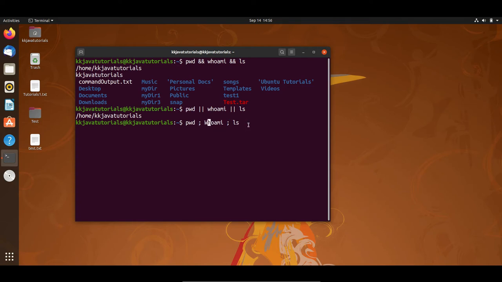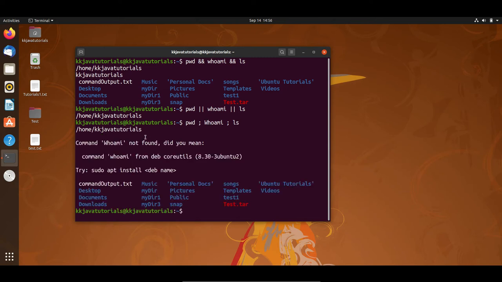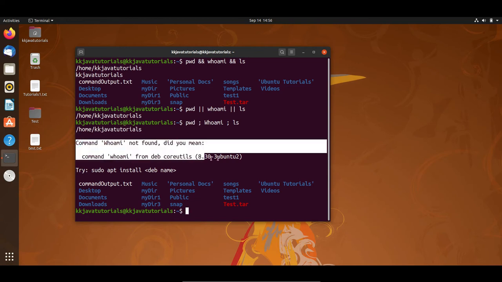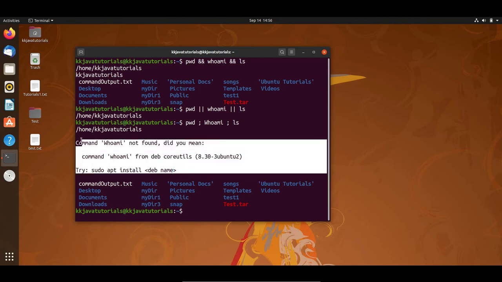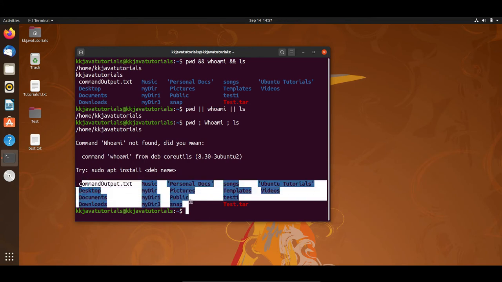I am combining these three commands using semicolon. If I run, you can see this is the output of my first command, pwd, and this is the error message for whoami, because I have given the W capital. The terminal is not able to find whoami, and this is the output of my third command, right?